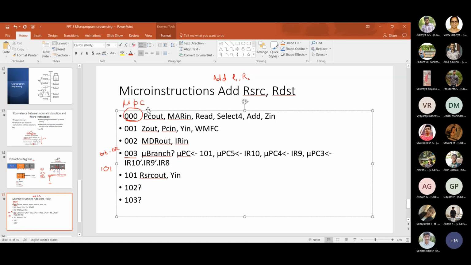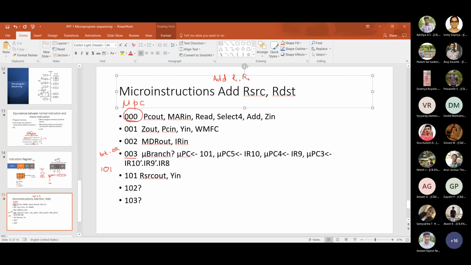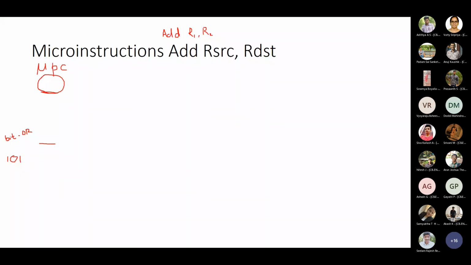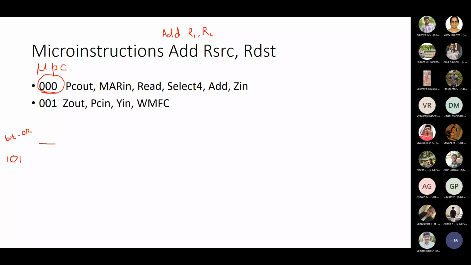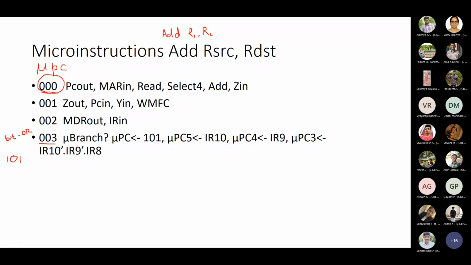Okay. So we had seen the micro routine, the micro program for add R1, R2, which is an addition instruction in register direct addressing mode. Whenever you are asked to write a micro program, always specify the MuPC address location. Since the first three instructions are common, you put them in 000, 001, 002. Next instruction onwards, it depends on what type of instruction you are going to execute. Since it's an add instruction, the first octal number and the last octal number are fixed at 1 and 1.